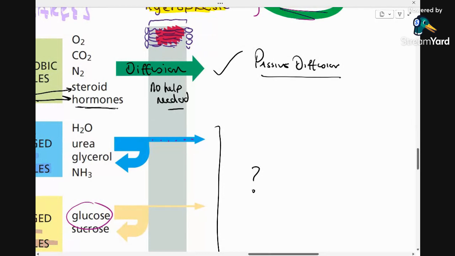It's just diffusion, the net movement of particles from a region of high concentration to a region of lower concentration, down a concentration gradient. Of course, if you start to build up concentrations of oxygen over here, you'll start to move back, until a dynamic equilibrium is reached. But anyway,